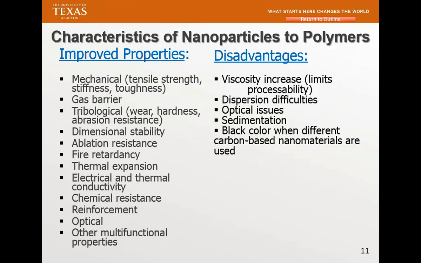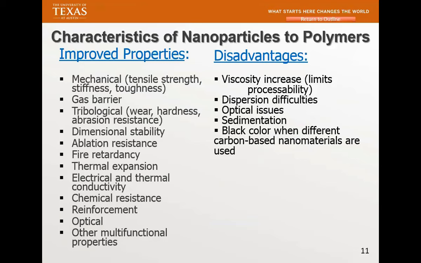Some of them you want to see, some of them are surprise properties, but you need to characterize it. So that's what you call improved property. That's the beauty about nanocomposite: you put in a small amount. If somebody tells you I'm going to put 30% of nanomaterials inside this, they're not being honest, because you're wasting your money and your time to put so much. There's no rule of thumb. It depends on which nanoparticle. I'll pick clay. Roughly 5% is all you need.